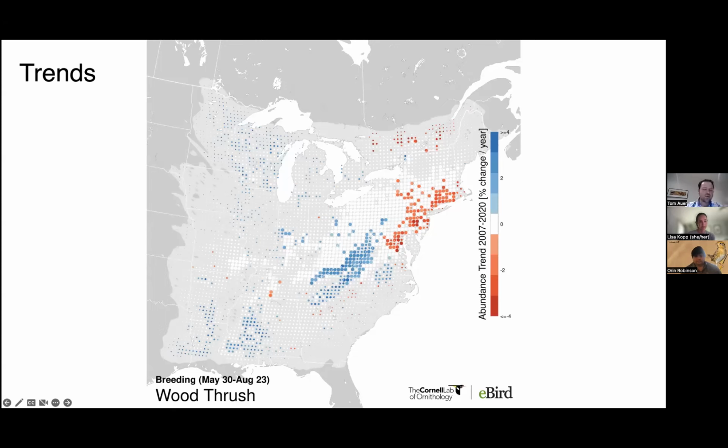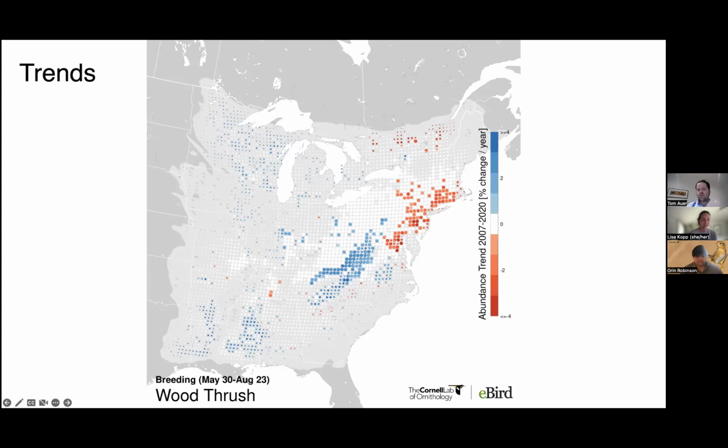What's really exciting for us about this, aside from the fact that we're doing it with eBird data, which very few people have ever done, is that we're doing it at a relatively fine resolution. So what you see here on this map, every dot is a pixel that's 27 kilometers on the side. It's a little bit coarser. This is expensive to calculate. But within that, we're estimating the rate of change, the percent change per year.